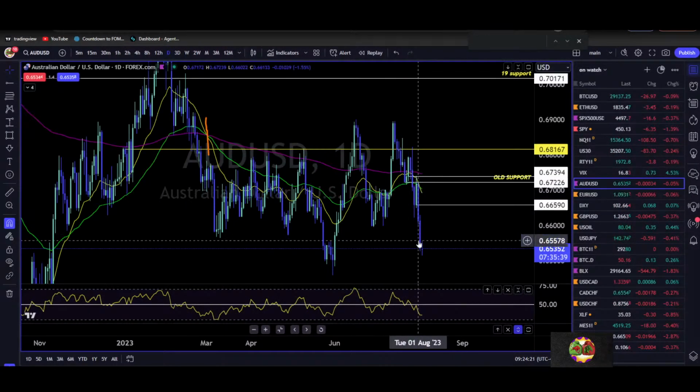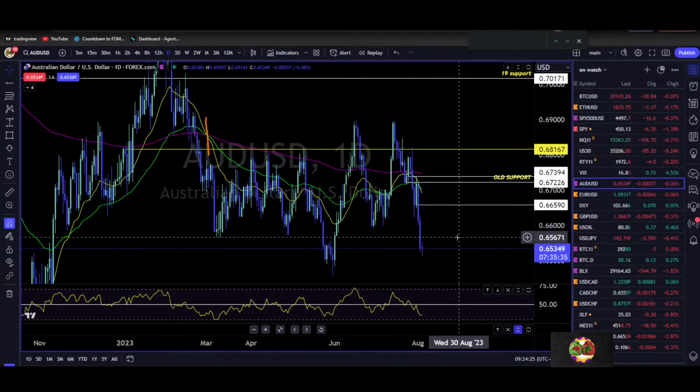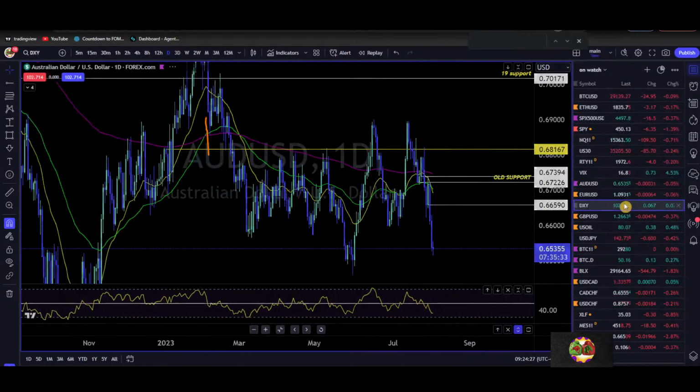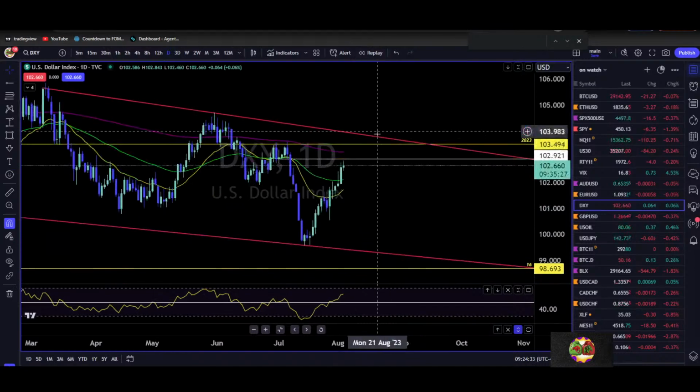So now that this thing came back in for a retest and took off, the short trade was up here. You can't short it now. You got to wait for a pullback. When you get a pullback, then you can short it. But remember, this trades against the dollar. So if the dollar does ultimately roll over here at the monthly open,